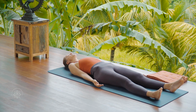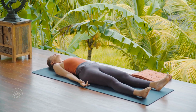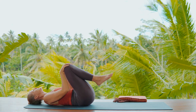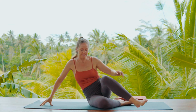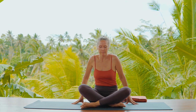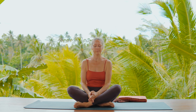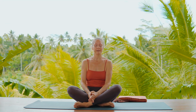Slowly come back more into your body. Take a moment to wiggle your toes and fingers, and ending with a stretch or with hugging your knees into your chest. And from there, rolling over onto your side and gently come back into sitting. Take a moment here, a final moment to sit in a comfortable position, spine tall, eyes closed, resting your hands